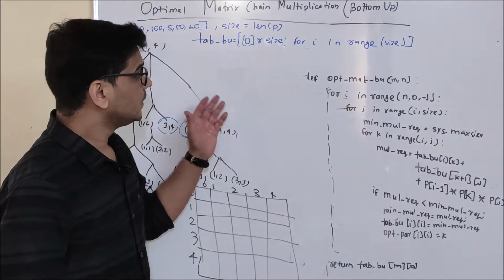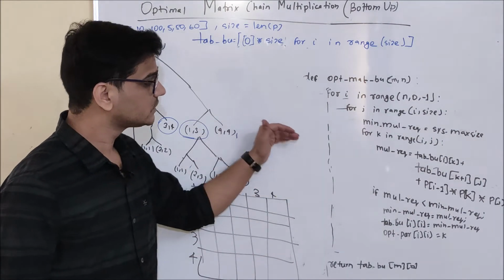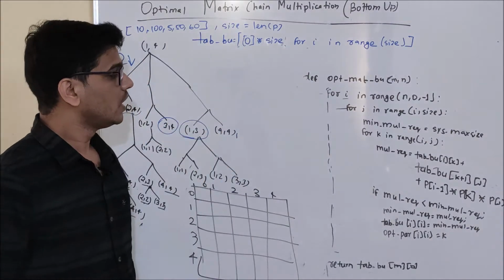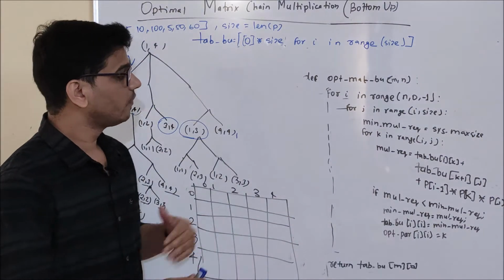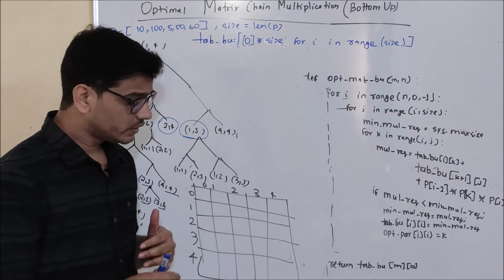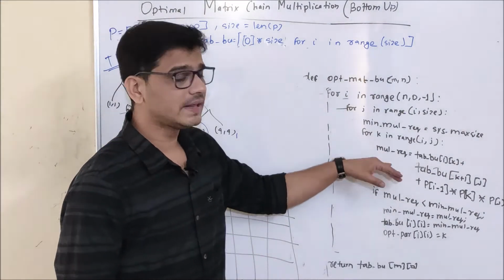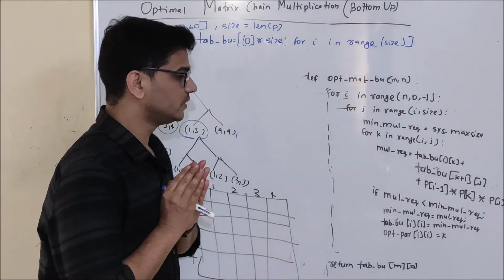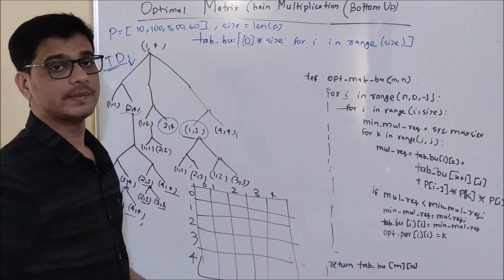See, either it is top-down code or bottom-up code, what we do is use that particular recursive equation, and in case of bottom-up code, we give that recursive equation the face of a table. That is, instead of calling a recursive function, we use a table to calculate it. And the biggest challenge in bottom-up code is to understand the dependency graph. That is how we need to fill the bottom-up table.